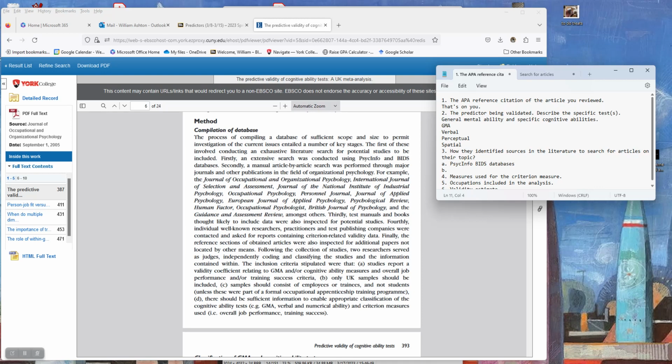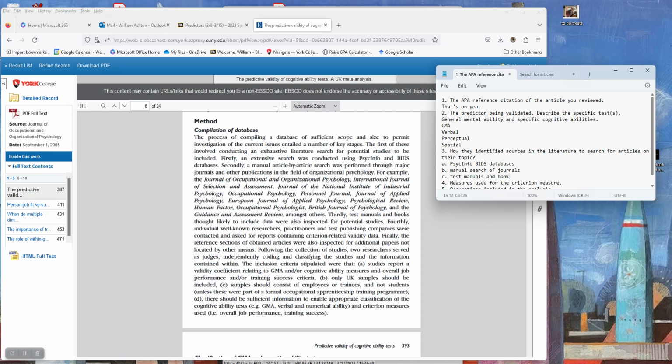Second, a manual article by article search. Oh, that must have been wonderful. And third, test manuals